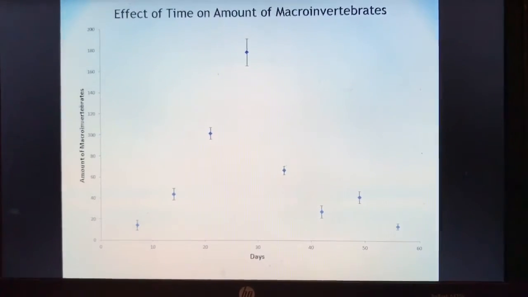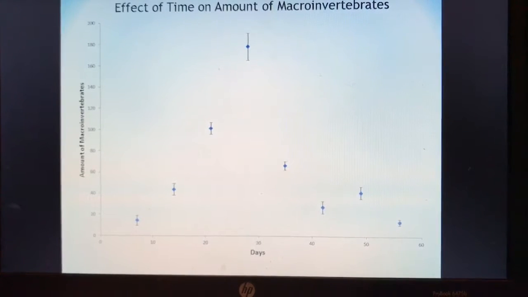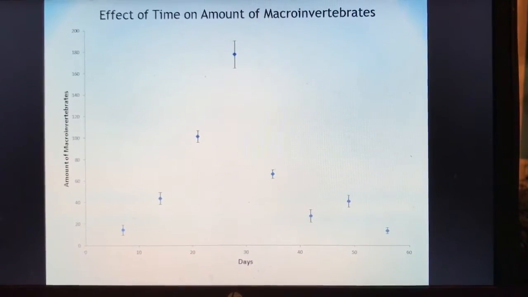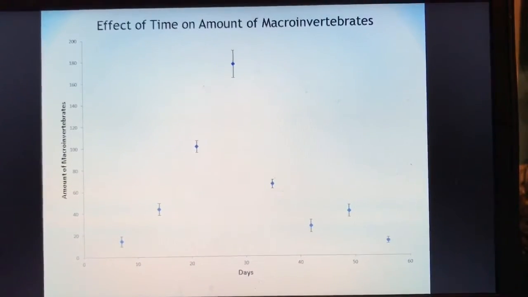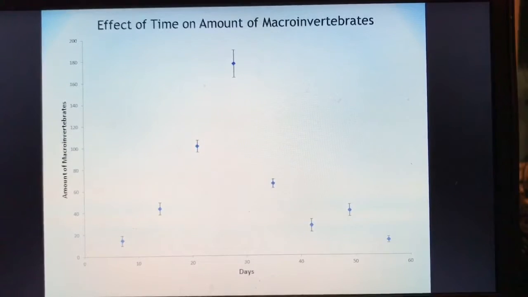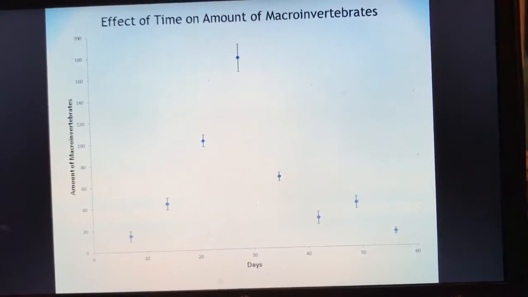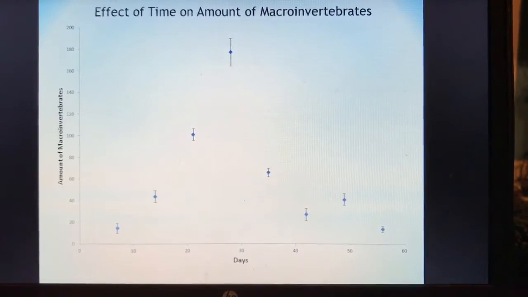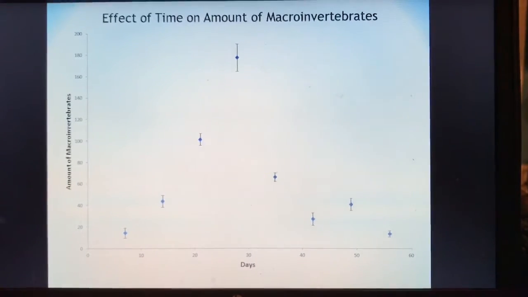My second graph shows the effect of time on the amount of macroinvertebrates. So these are inconsistent and the amounts varied over the weeks. I also need to add my p-value to this graph, but it was greater than 0.05, so the amount of time that a leaf pack was left in the water did not have a significant effect on the amount of